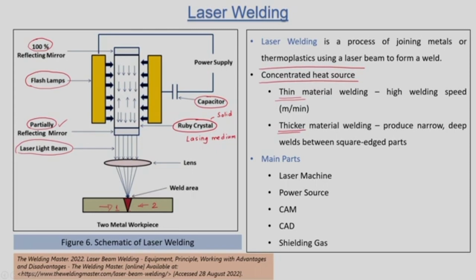In this way, by having a concentrated heat source generated by the laser beam, we can join these two parts together, and for this purpose we require a laser machine and a power source. The power supply is essential. All these parts are required: the ruby crystal or any lasing medium. CO2 is also used during the laser welding operation, so a gaseous material or the